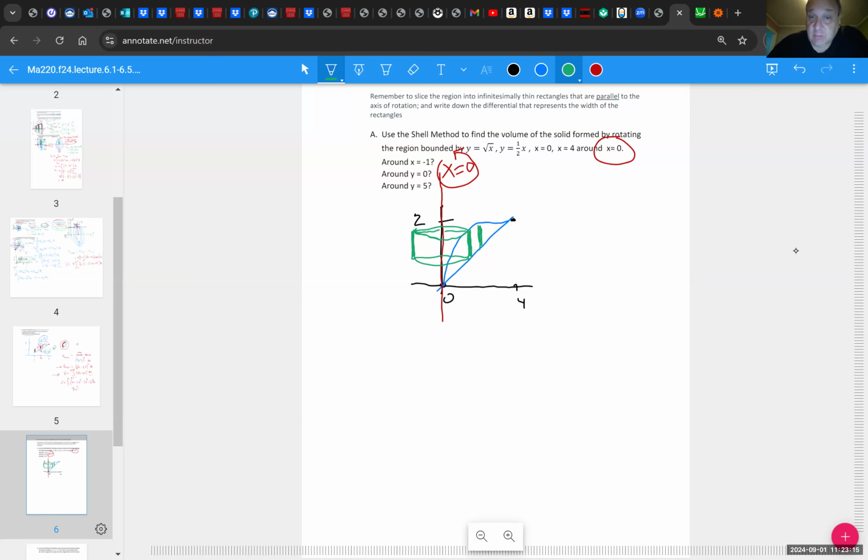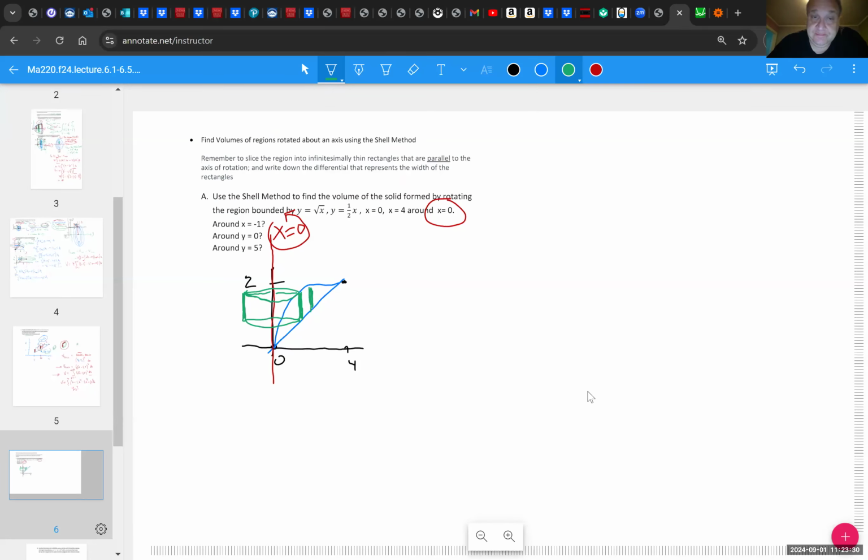So for this one little slice here, I'm going to find the volume, which is the surface area times the thickness. And then I'm going to do that for all the slices and add them up. And that's how I'm going to find my volume. All right, so let me just move this over here. So for that one little slice, the volume of the slice,